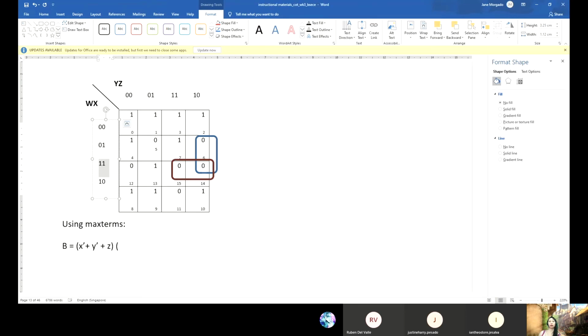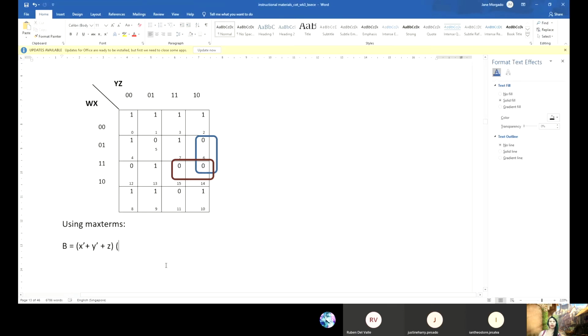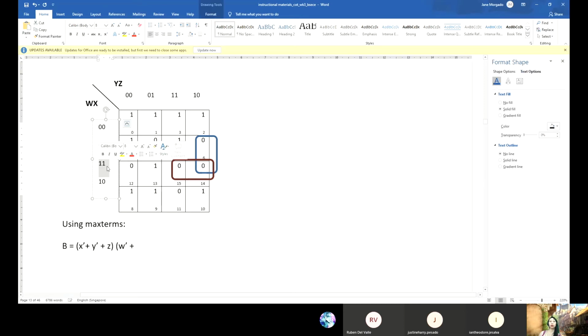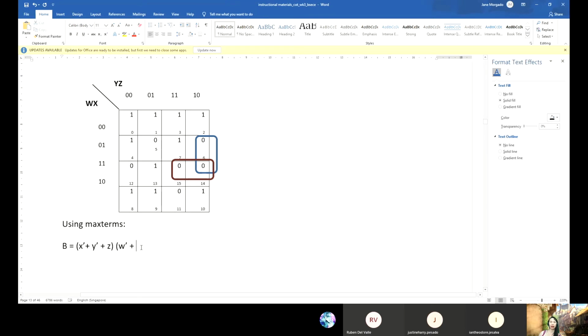So when we say w is 1, what shall we write? Ano isulat natin? When w is 1, is it w prime or w? W prime po. Okay, so we have w prime plus, and x is 1, okay, w is 1, x is 1. So likewise, we have,